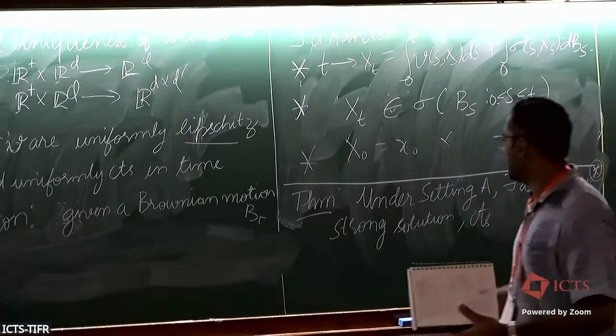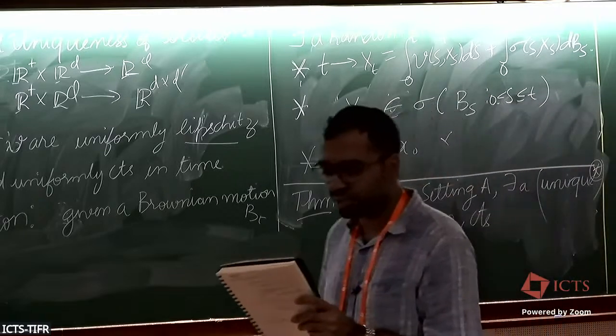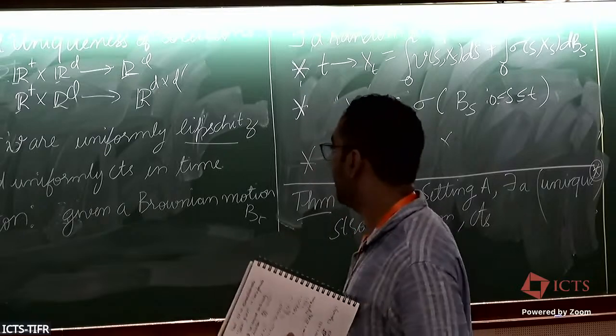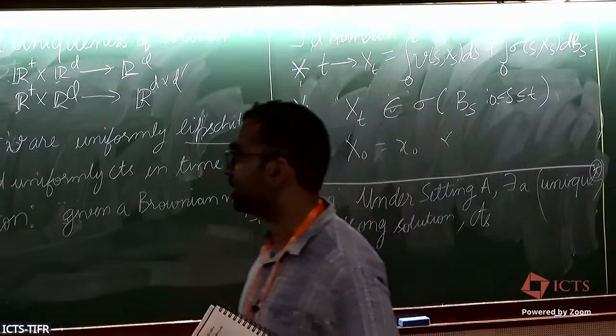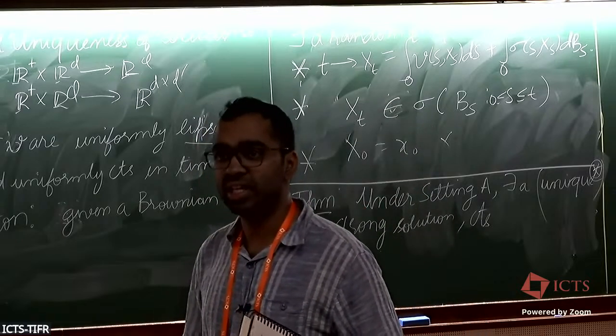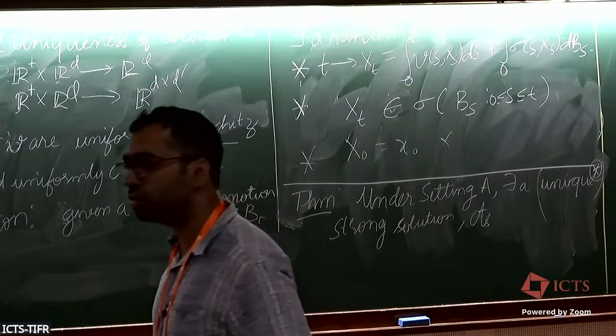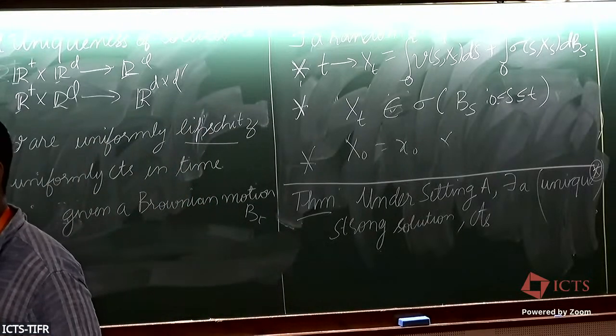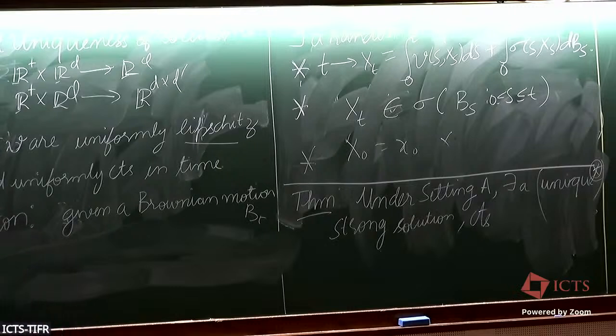So we have the following existence theorem. Now we need to derive something called Ito's formula. We now understand that we can solve these integral equations, and now how can we do Taylor series kind of approximations with this? Like we derived the continuity equation using Taylor series and integration by parts, we need the version of Taylor series for these kinds of increments, which are non-differentiable increments. So that's where Ito's formula comes in.